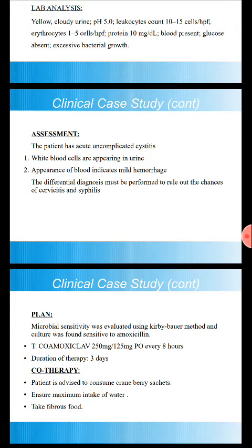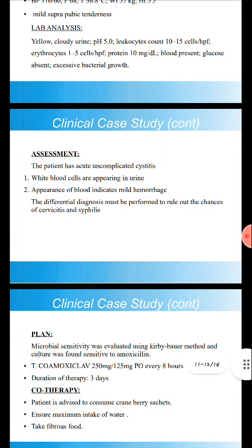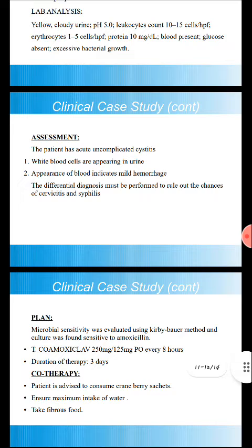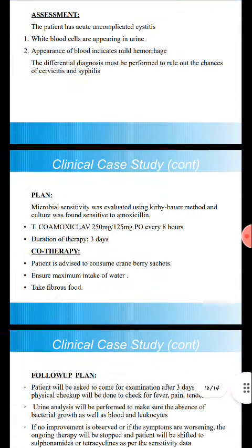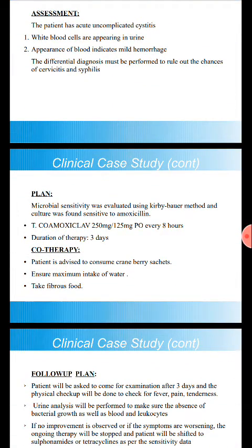We have to go for the differential diagnosis because we want to rule out the chances of syphilis and cervicitis. So after ruling out the chances of these two, we know that it is actually cystitis. The plan, when the microbial sensitivity was done using the Kirby-Bauer method, which is actually a method to determine